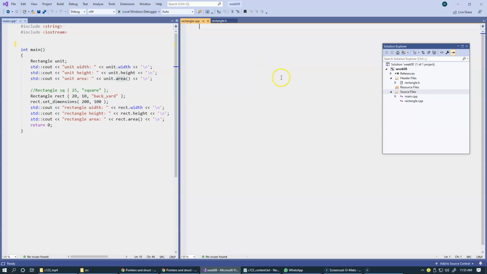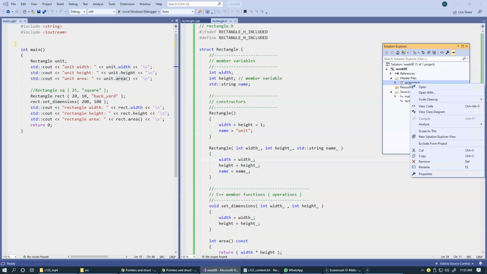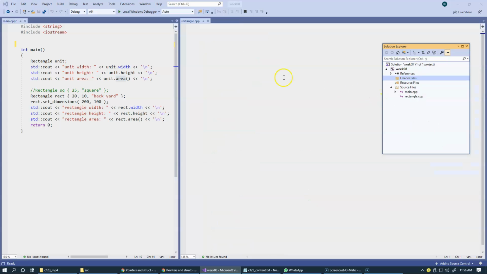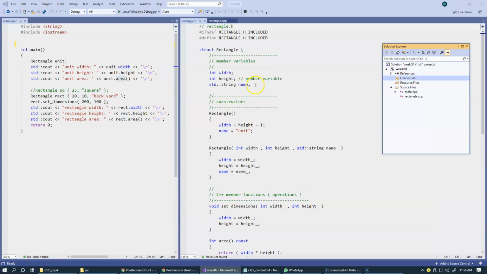Okay, so we're going to click add. So it's an empty file, which is a brand new file, and of course CPP files are placed on a list of source files. The header files should never be placed on a list of source files. So even now I can actually exclude this from the list of header files. It doesn't mean that there will be any real difference in my project. So if I want to, I can exclude it from the project like this. Okay, and so the header file still remains where it was in the directory. Now I can just simply drag and drop it here, and I'll be including this file in the implementation